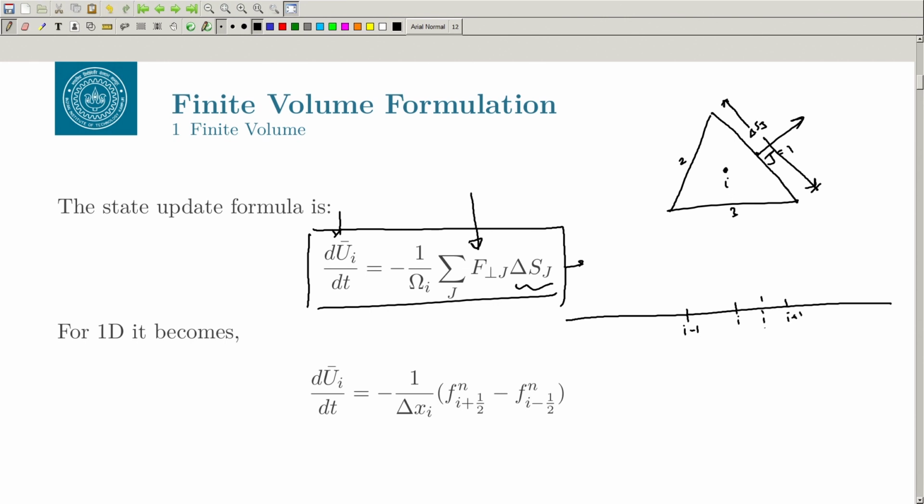This is my interface here, you can call it J or you can call it I plus half, and this is another interface. So, in 1D each cell will have two interfaces, and in fact, this is my cell, right. So, then J equal to I minus half, and if you use this formula,